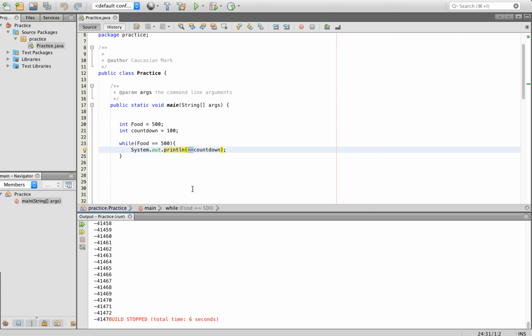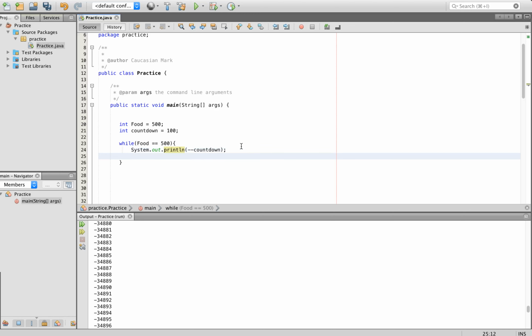Now, it would keep going and going and going because it doesn't stop at 0. As you can see me scroll up here, the while loop will go on until your memory or your RAM is all filled up. Well, if we want to stop this though, we could do this: if countdown is equal to 0,